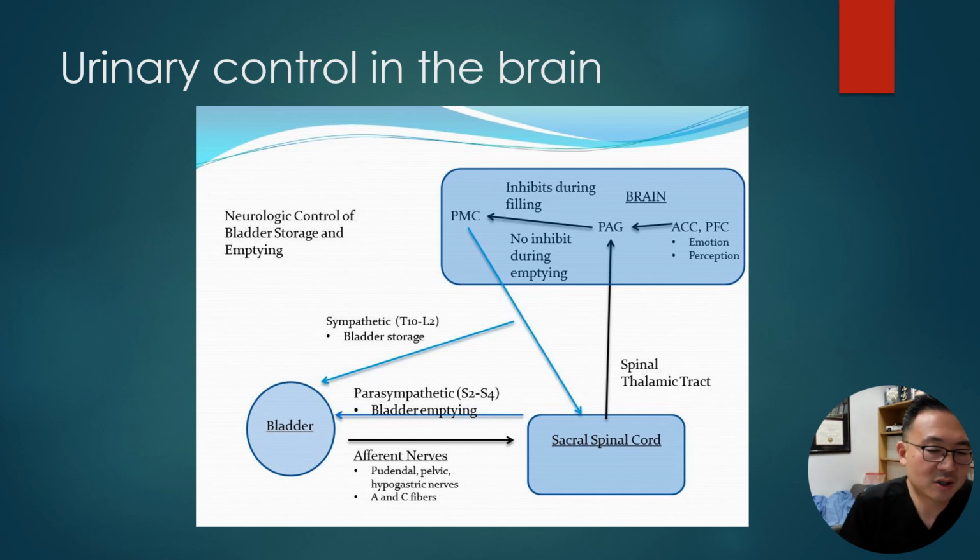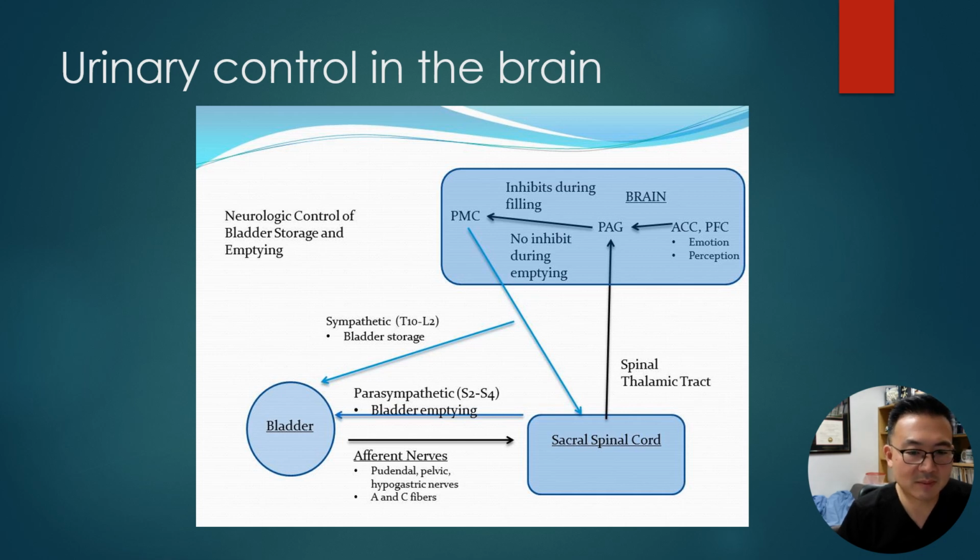This is just an illustration that I took from the Neurogenic bladder core curriculum, which I think is based on the guidelines from the American Urological Association. So you guys should all have access to this. So basically what we see here is if we start at the bladder level, we see the afferent nerves, which travel mostly through the pelvic nerves, and it travels up the sacral spinal cord, up the spinothalamic tract to